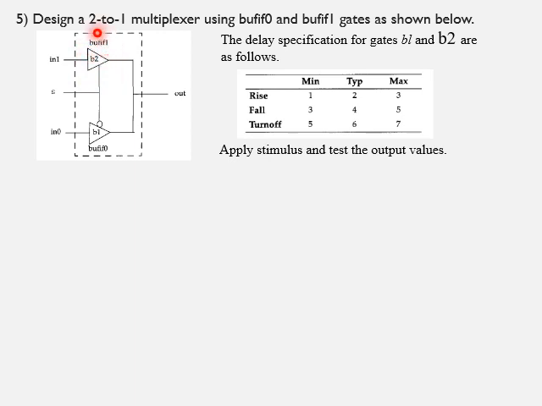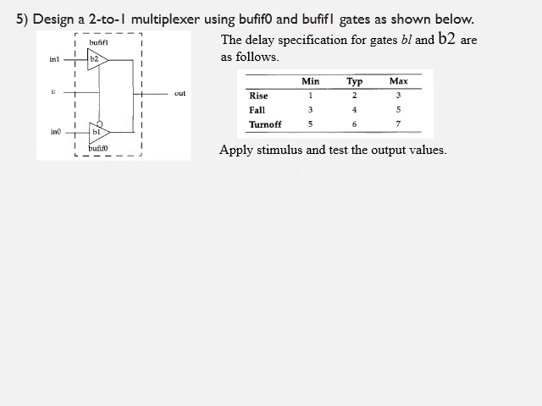So I'll just recall bufif1 and bufif0 are primitive gates. So bufif1 is a buffer with an active high control signal. That means when the control line is 1, this buffer will be active. Whatever is at the input will be transmitted to the output. Okay. Similarly, bufif0 is a buffer with the active low control line. So that is why you can see the bubble here. So whenever the control line is 0, this buffer will be active. So whatever is at the input will be transmitted to the output.